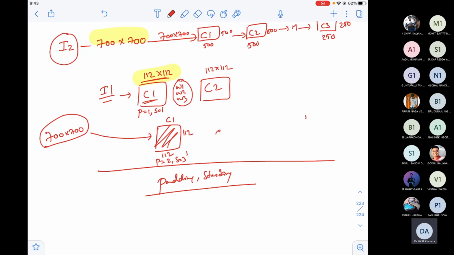Then what happens? At C2 also I can apply appropriate padding and striding to get again 112 cross 112 or any size, the same as the standard sizes. I always ensure that irrespective of my image size, the convolution sizes are always the same. How do I do it? Because I have the flexibility of changing this padding and striding at each convolution, so that the convolution output sizes will be equal to the standard convolution sizes. Oh, nice. Then the weights will be the same.